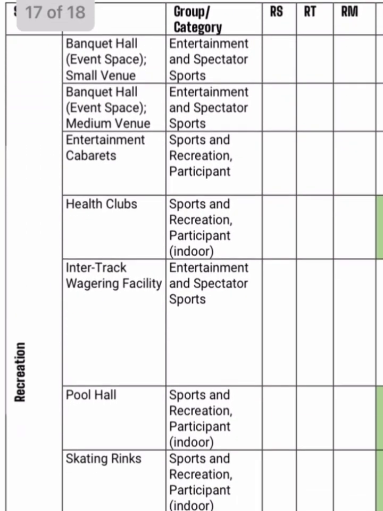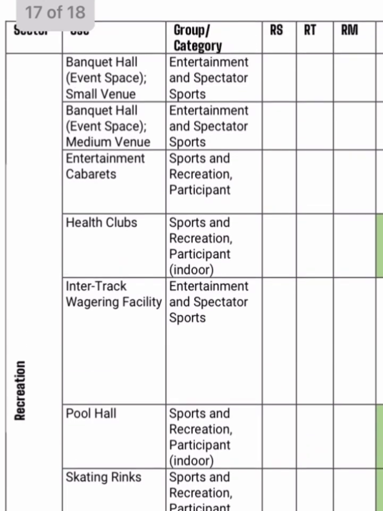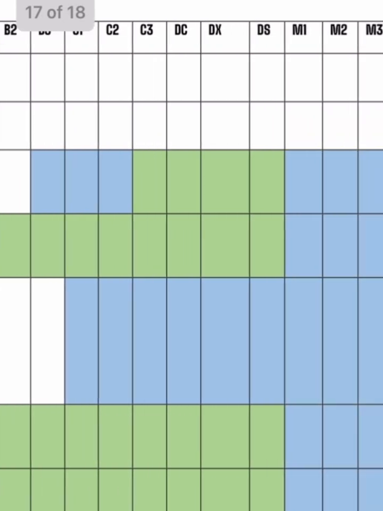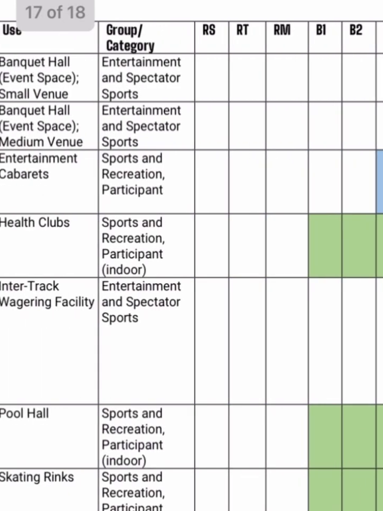So there's a whole bunch more recreation. We got health clubs, wagering facilities, skating rinks, theaters. Now the ones that are big and take up space, just like before we talked about, yeah, that makes sense. But what if you have a little comedy club? What if you have a little pool hall with just 2 tables? A health club where it just has a few treadmills and weight rooms? What is wrong with that being near a residential neighborhood? Look, it's not even allowed in a lot of the business districts as well. Absolutely ridiculous.